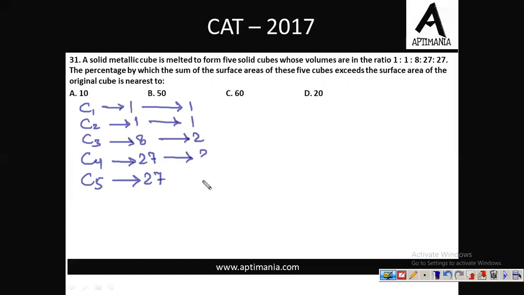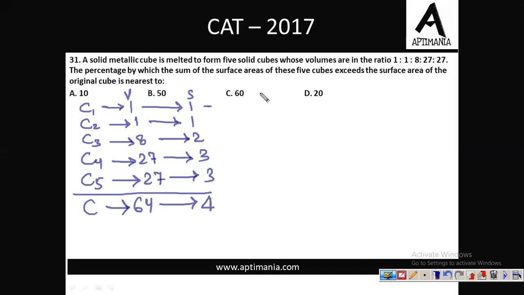3 एंड 3। ऐसा इसलिए हुआ क्योंकि वॉल्यूम से अगर आपको साइड निकालना है तो आपको उसका क्यूब रूट कैलकुलेट करना पड़ता है। सो जो आपका बड़ा वाला क्यूब था उसका टोटल वॉल्यूम कितना हो जाएगा? 27 plus 27, 54 and 10, 64, और उसका साइड कितना हो जाएगा? 4, right? Now what we need to calculate is the percentage by which, this is volume, this is side, right? इसके बाद क्या बोला? The percentage by which the sum of the surface areas of the 5 cubes exceeds the surface area of the original.